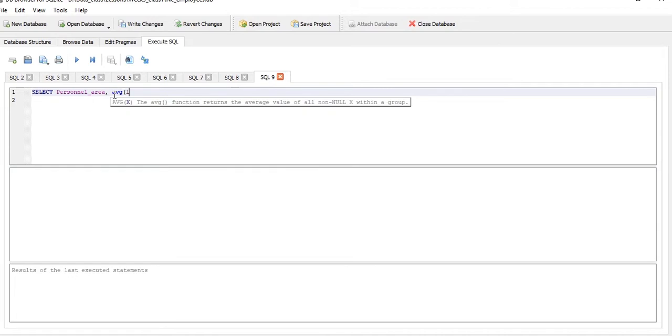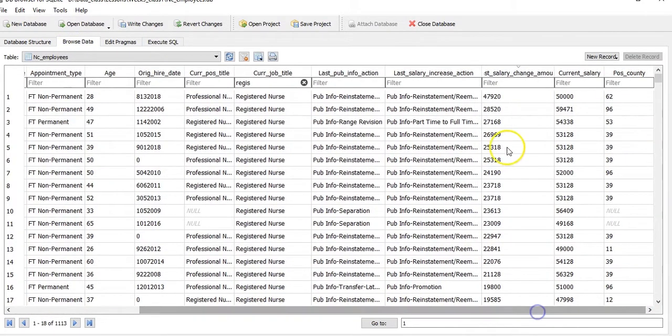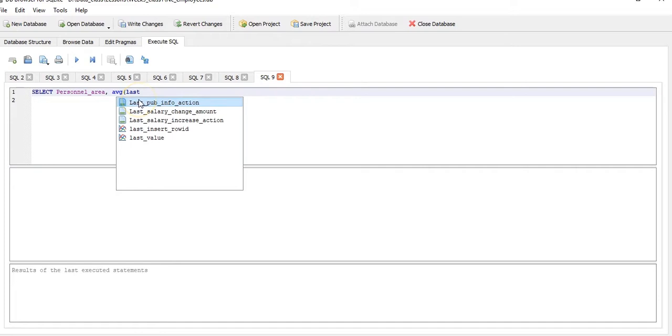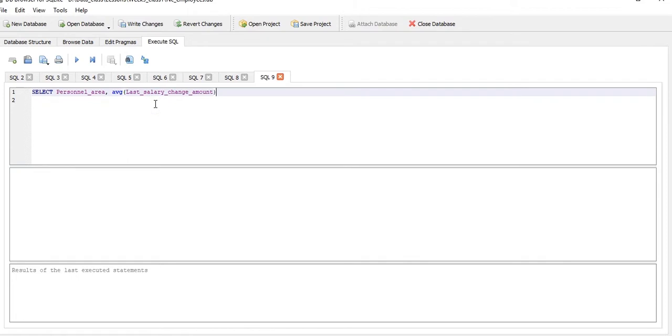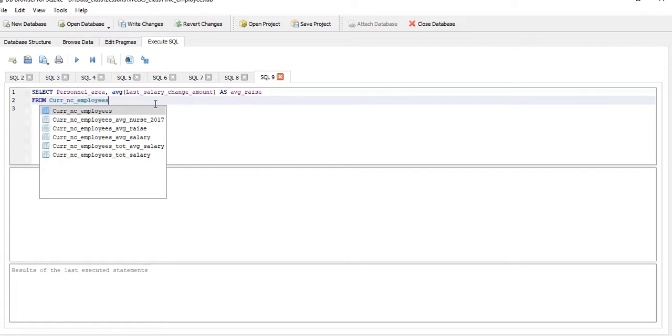So average, let me see if I can find out the name of that field. I'm going to go back to my data and last salary change amount. That's what I need. Last salary change amount. And I'm going to rename that as average raise. And like usual, I'm only interested in current North Carolina employees, so I'm going to refer this query back to our original view from current NC employees,